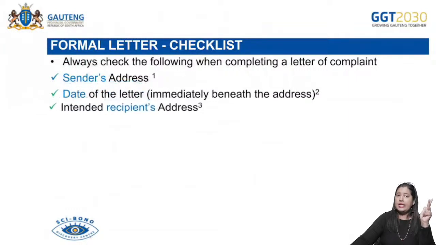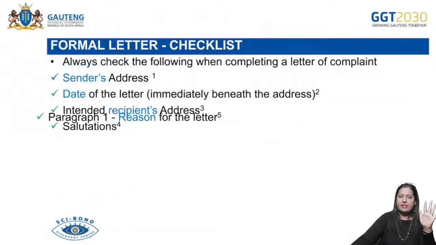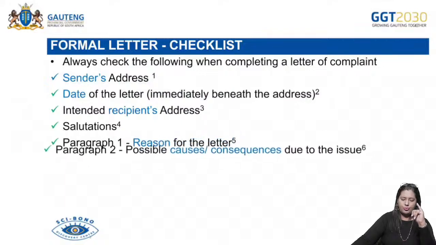Thirdly, the intended recipient's address. Fourthly, the salutation where you are greeting Mr. So and so. The next part, number 5, is your paragraph 1. Oh, sorry, you would have the issue also beneath that, okay? Then you've got paragraph 1, which is your introduction, stating the reason for your letter, or the purpose for your